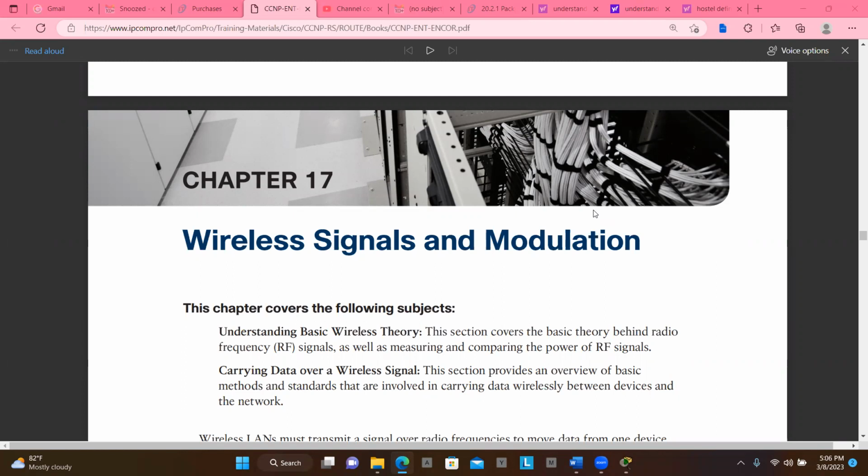So in this lecture and lab, we're going to talk about wireless. And at the end of this lecture, we're going to configure a basic wireless LAN